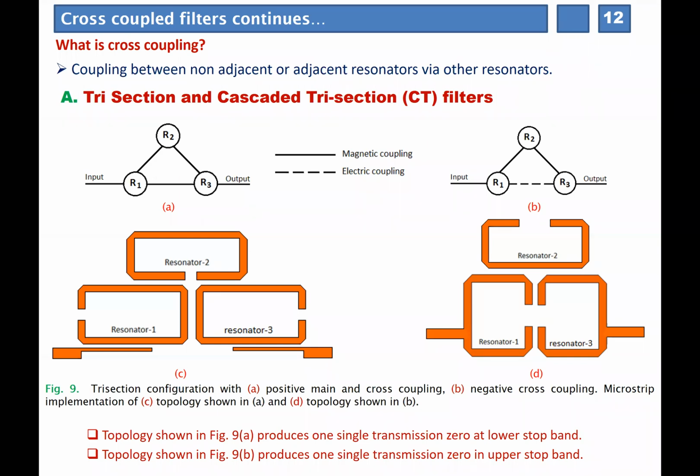Higher order modes have some advantages, like you can create cross coupling paths very easily. Then you can have higher order filters with a smaller number of resonators. And also if you are dealing with cavities, then those larger cavities for higher order mode resonators sometimes provide us higher quality factors.